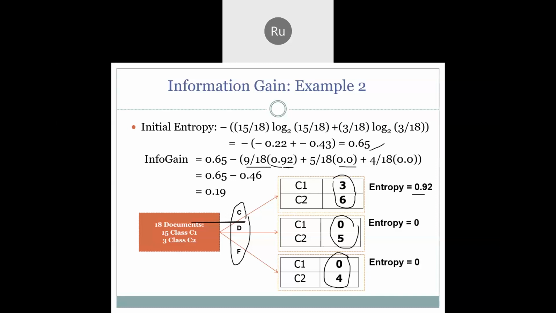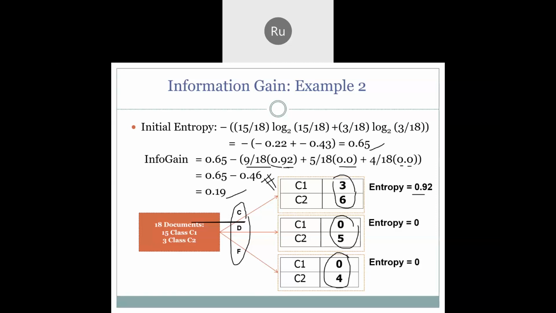This is the entropy for second and third, so second and third we don't care. For this one we get the IG to be 0.19. So what we can say here is that the keyword selection for C, D, E is more efficient in terms of dividing them into subsets that belong to the same